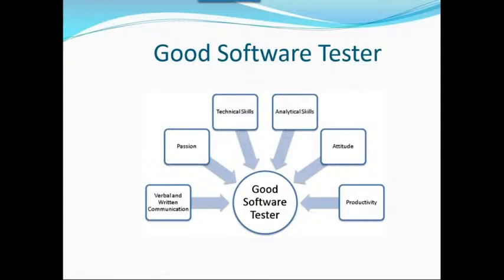And attitude, body language, communication is one of the most important, because sometimes you are reporting the issue but the developer is not accepting. In that case, what will you do? Can anyone answer? Do you understand my question? You are reporting the defect but the developer is not accepting. Then how can you convince the developer that you are getting the defect? So in that case, what will you do? Will you ignore that issue?